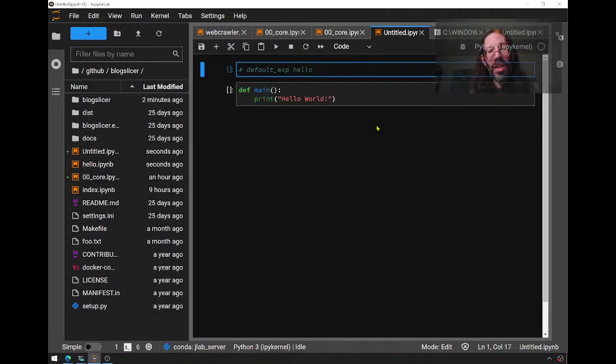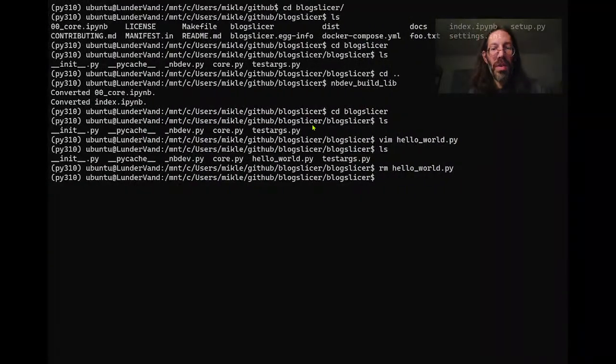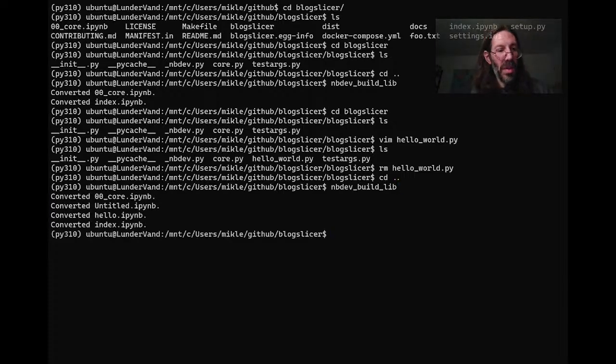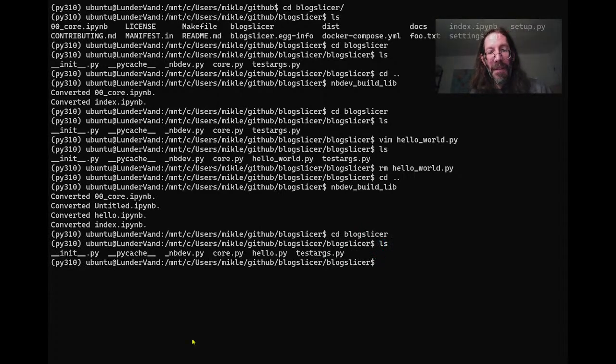Now we have a file here, which when we go over here, cd up one, and nbdev build lib, you can see it picked it up. Hello.ipynb is converted. We go back to the blog slicer subdirectory, ls, and there's our hello.py. nbdev created it now. And so we should be able to cd up and vim